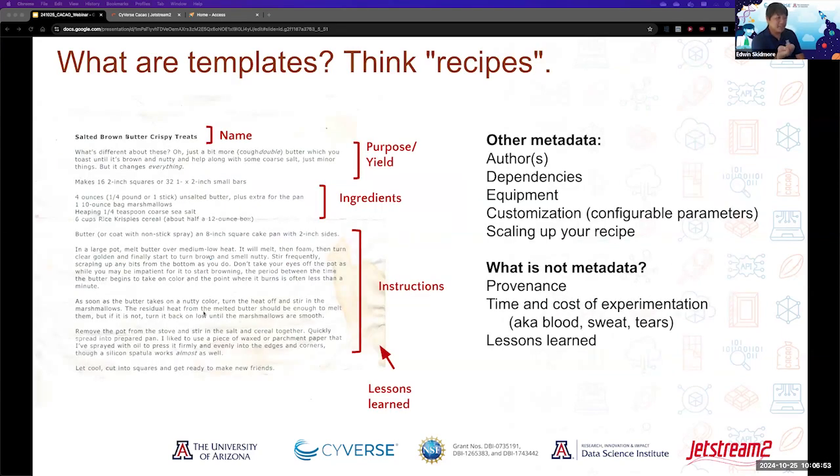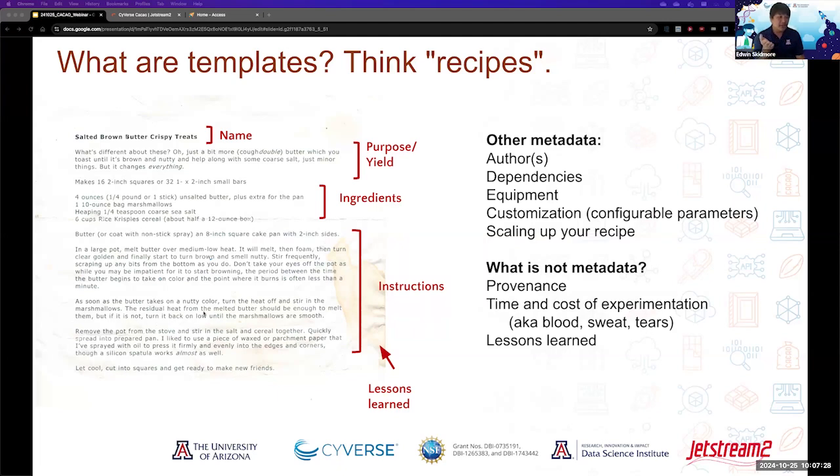So when I talk about templates and when I mention things like Terraform templates or Ansible templates, another way to think about this is recipes. A really great recipe is something that you like to share with others, right? When it's done, it creates something really amazing that you want to eat and consume over and over again. And in the same way, CACAO templates are very much like that.